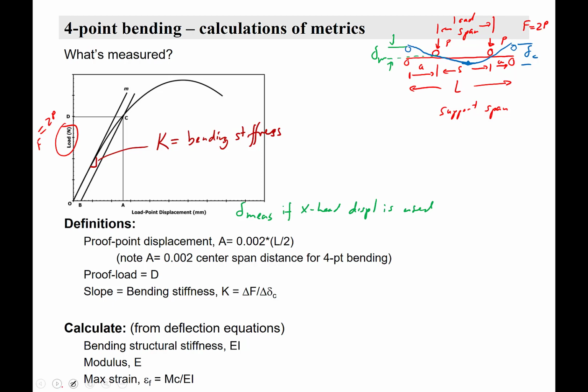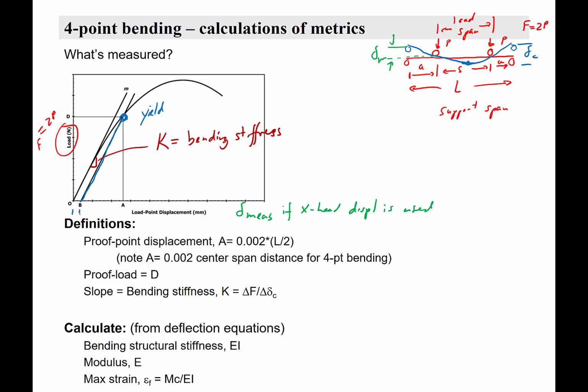The other thing you want to measure is this point right here, and that is essentially where the material is yielding, and that is determined by fitting a line here. So you fit to get your K, your bending stiffness line, you move it over by this